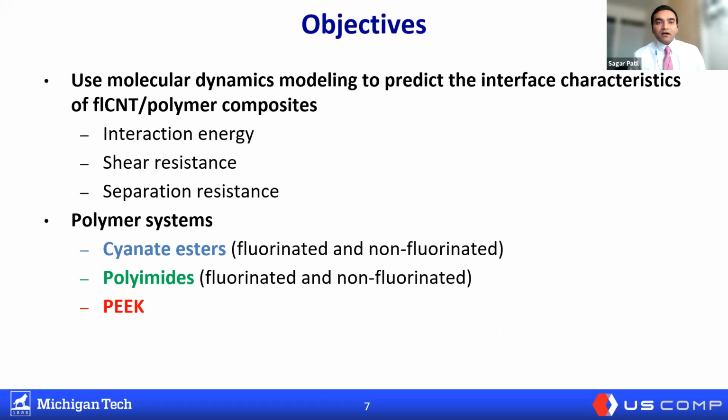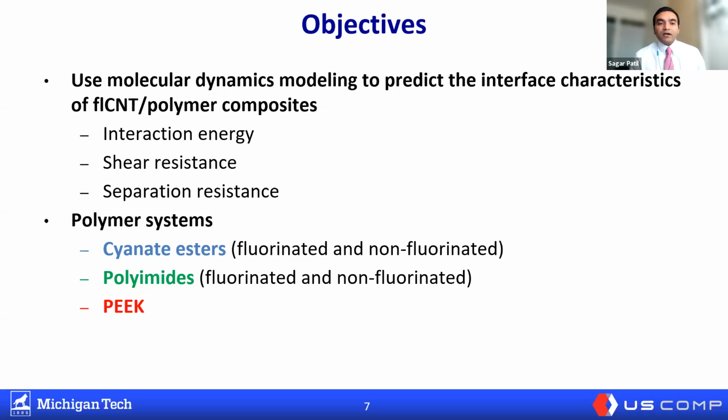So towards that, we've designed 3 different simulations that test this interface in 3 different scenarios. First is simply to see the interaction of different polymers with the flattened CNTs. The second is how the interface behaves when it is sheared or pulled in the axial direction, as well as separation resistance, as to how this interface behaves when it is pulled in the transverse direction relative to the polymer surface. Also, these simulations can be used as screening tools to compare different polymer systems interacting with these flattened